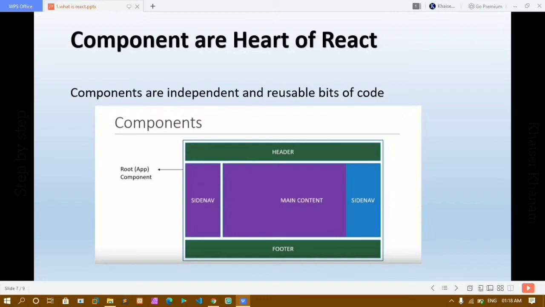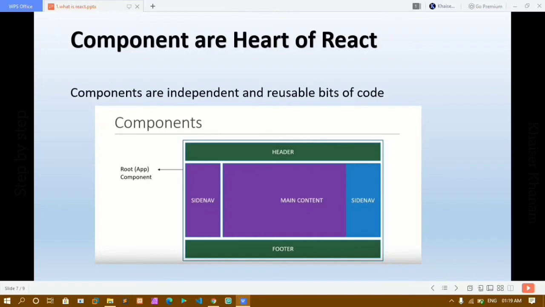Okay, we are going to see this topic completely in our later sessions, but this is all about components. If you are making your website, then this header will be your component, then this side nav will be another component, then this main content will be another component. We have all this content, and you can just wrap them inside separate components. You can combine all these components and put them inside another component which will be the parent of all these components. Okay, we will understand in a later session, but as of now